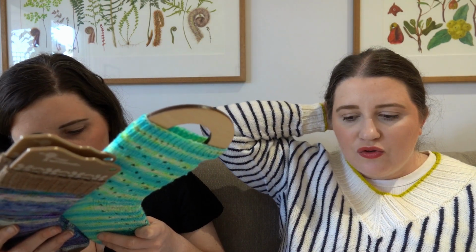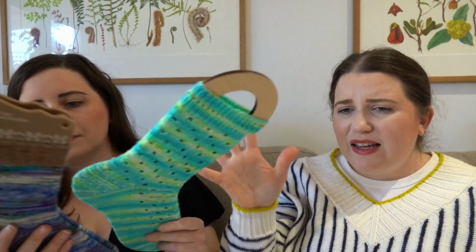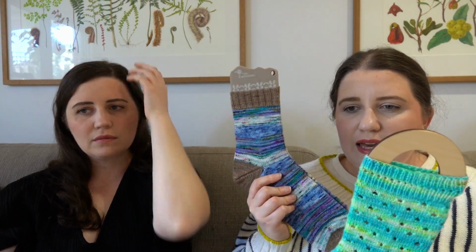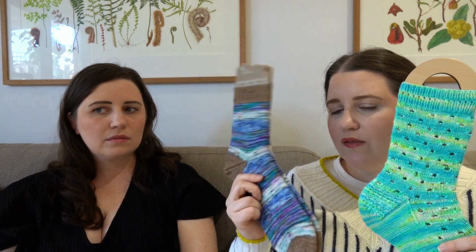But I think I need to do a little bit more swatching or experimenting and gauge calculations. And I haven't blocked these yet, I must say, before I keep going with it. Maybe, earlier this year, I had this issue where my gauge loosened up significantly. But I think maybe some of the adjustments I've made to how I hold my yarn have tightened it up a little bit, because the stitch gauge is similar to using 1.75 on a 9-inch,